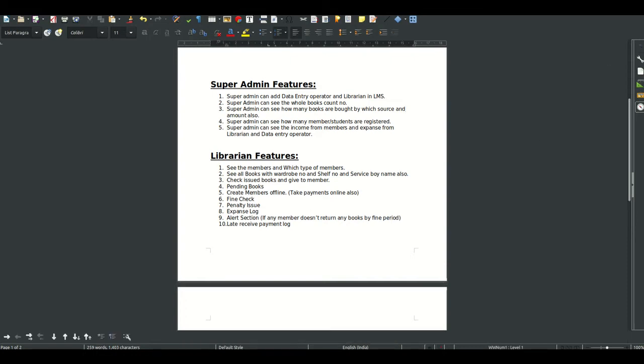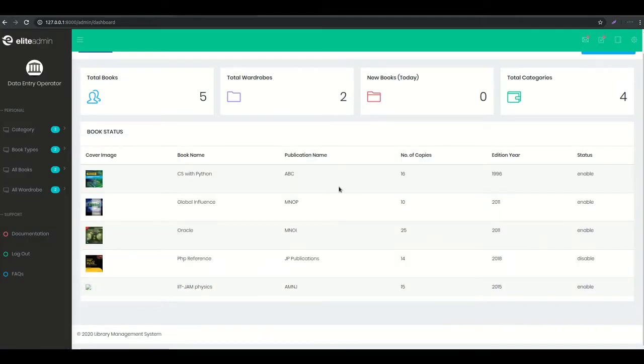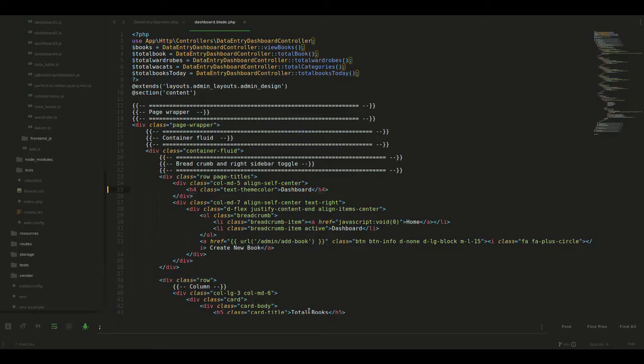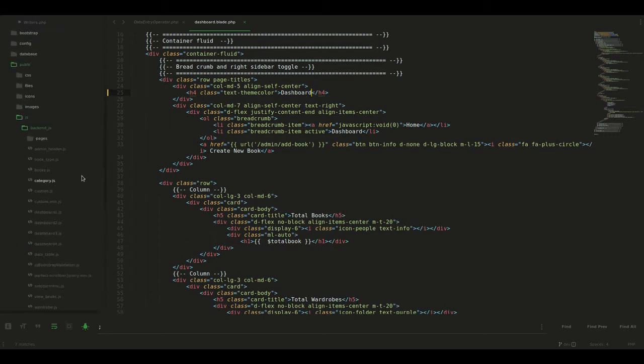So first we need to rebuild the whole structure for the librarian also. Okay, so we can start now. Wait, I will show you from the first.